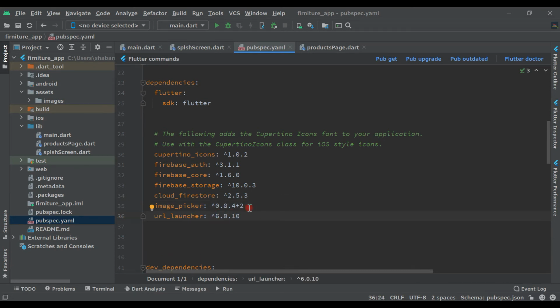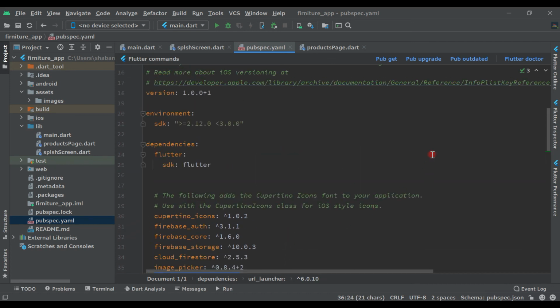So we have added all the dependencies which we require in this project. This is Firebase auth. It is for login and sign up, for registration. This is Firebase core. It is for the database. And Firebase storage is used when we will update and save the data. This is Cloud Firestore, also for data. This dependency, as I told you, is for image picking from the camera and gallery, and this is for our application logo.